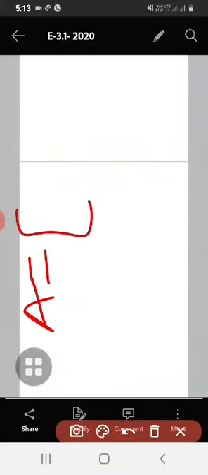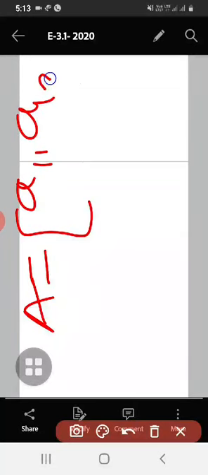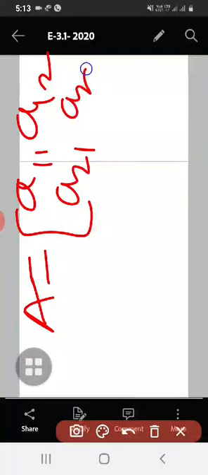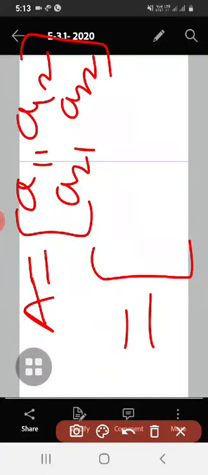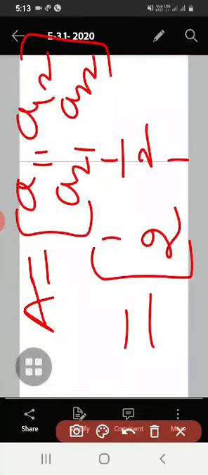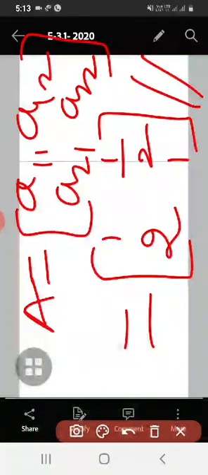So what was our 2 cross 2 matrix? A1 1, A1 2, A2 1, A2 2. Okay, this was our matrix. Here let us substitute the values: A1 1 is 1, A1 2 is half, A2 1 is 2 and A2 2 is 1. So this is our 2 cross 2 matrix. Okay, in this way we can simplify that. So let me consider